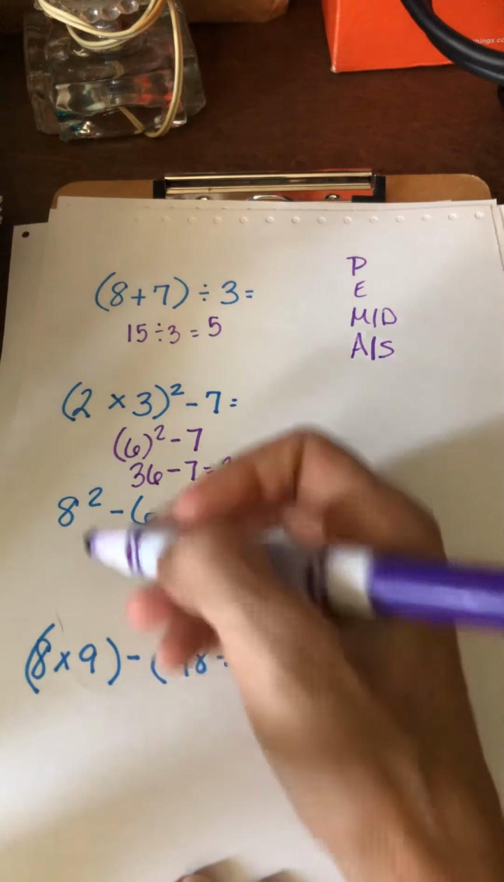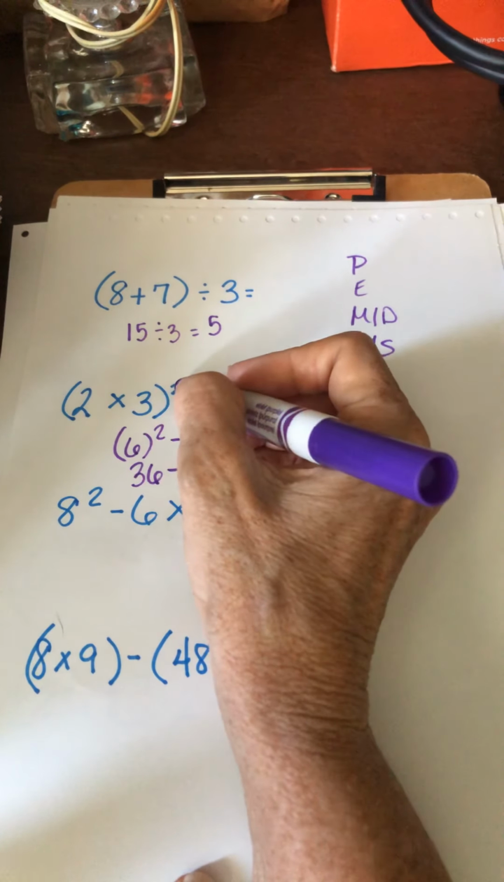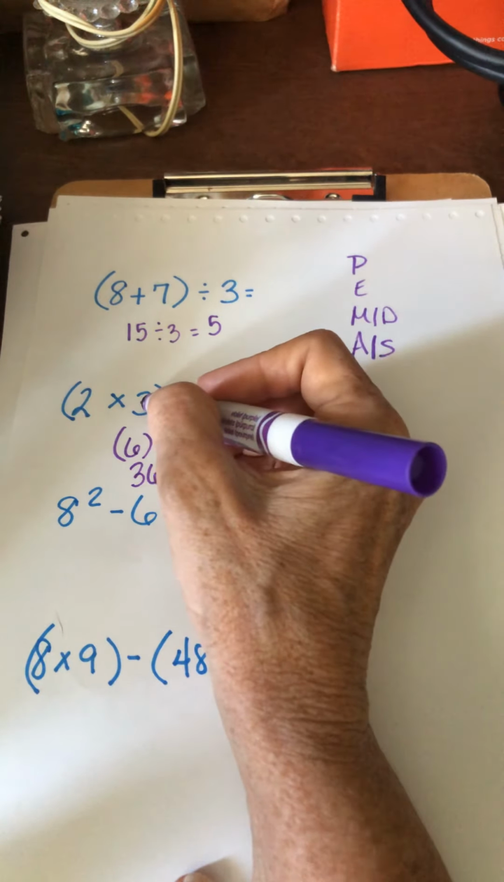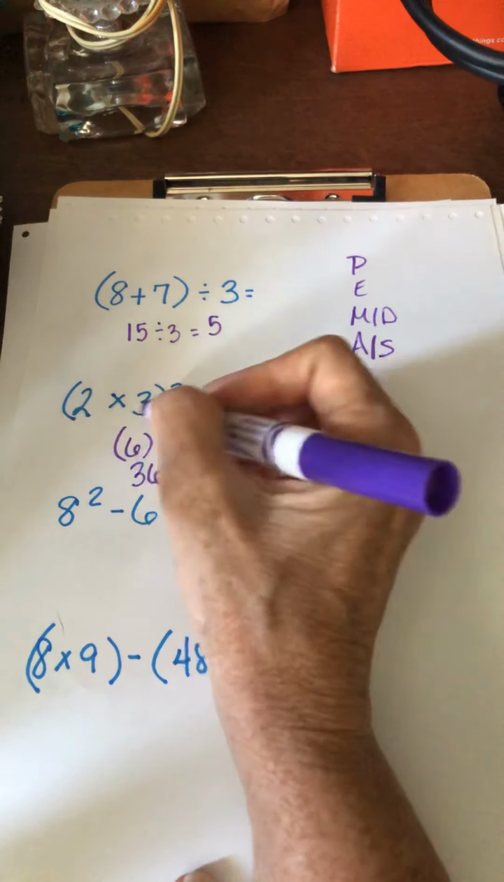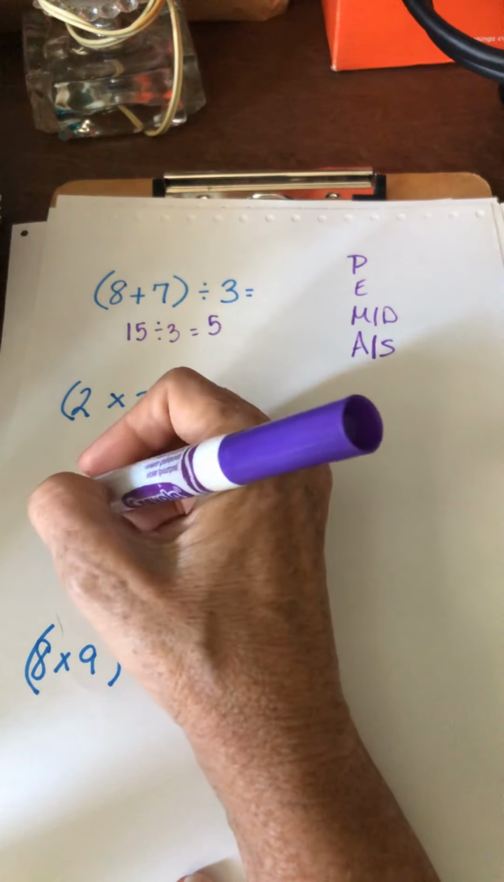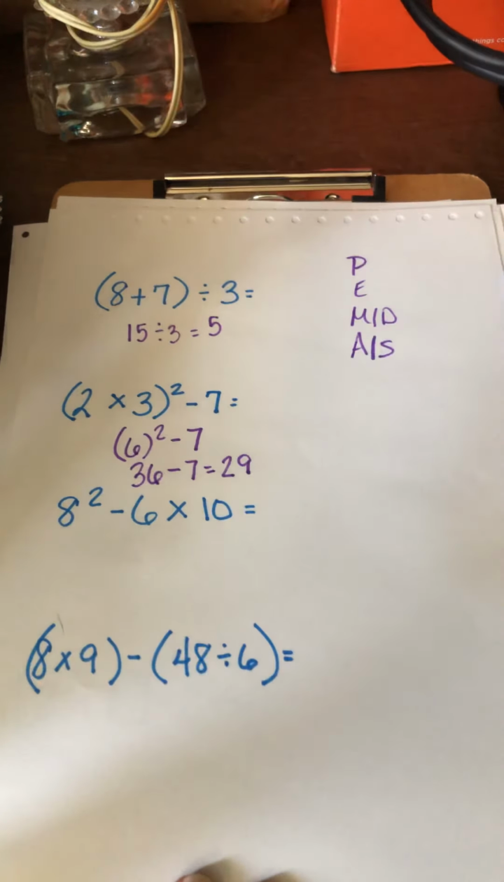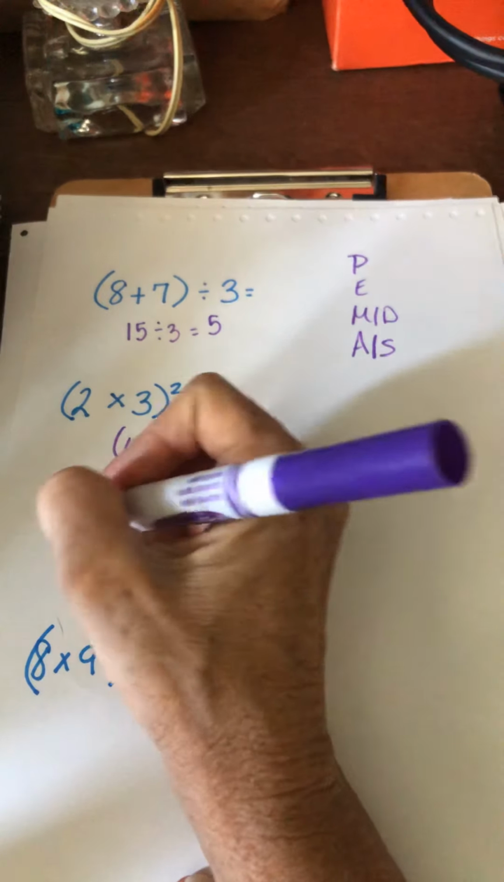Now look how the next one is different. The 2, or the square, did not belong to the 3. It belonged to the whole amount inside the parentheses. So you had to do the parentheses first, then square it. Here, this just belongs to the 8. So I'm only squaring 8. So 8 squared is 8 times 8, which is